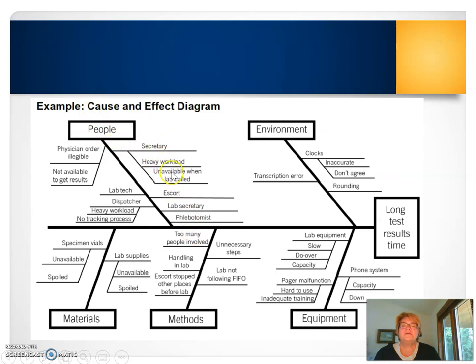So here's a secretary with a heavy workload who is unavailable when lab called. The environment, it's just a graphic depiction of maybe the steps that went wrong. And these should be all things that went wrong. So here's the materials, the lab supplies were unavailable or spoiled. The equipment, there's a malfunction. Capacity was down. All of those, this is a